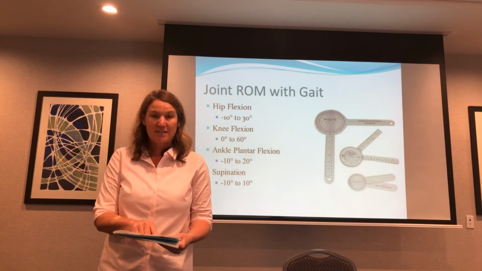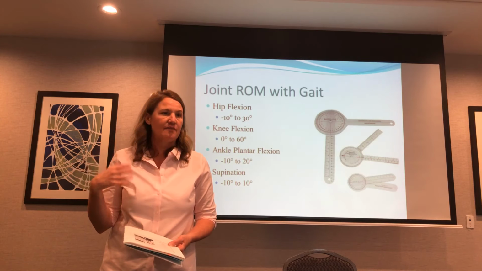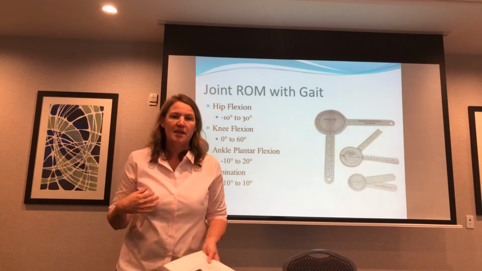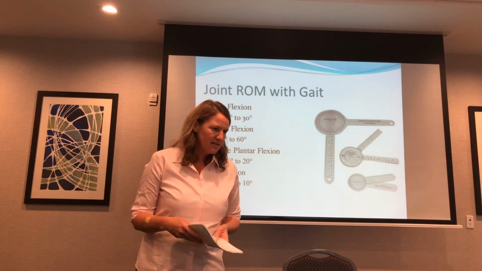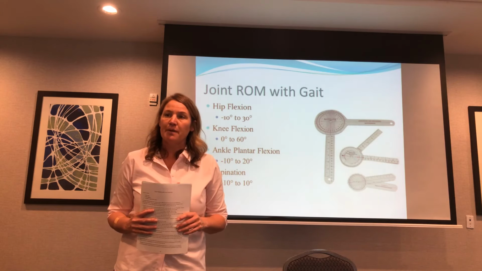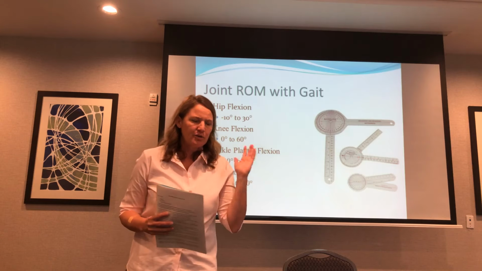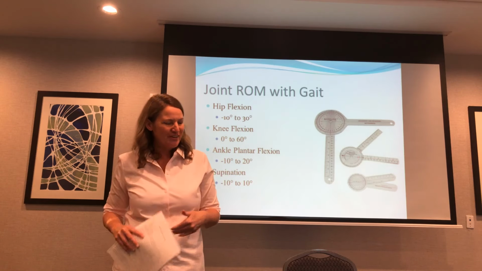Inadequate hip extension, probably the number one thing I see. Lack of dorsiflexion, lack of hip extension. So if you don't have hip hyperextension, so what does it say? I said full joint range of motion with gait. Hip flexion, you need 10 degrees of hip hyperextension, and 30. Most people have well more than 30. If they're able to sit, they have more than 30 degrees.